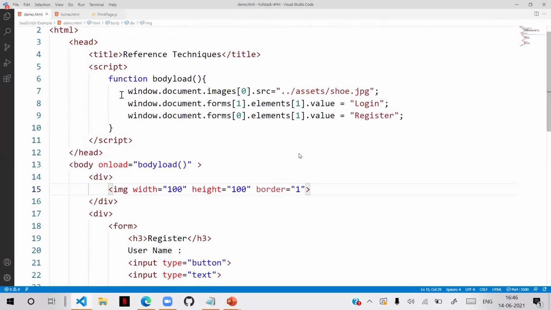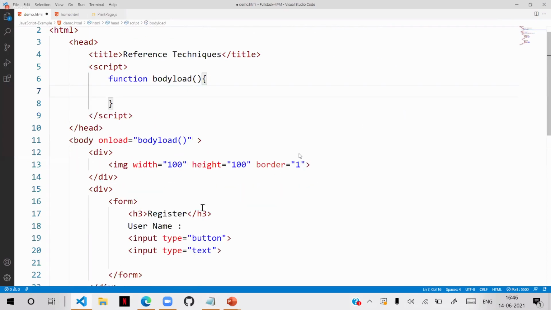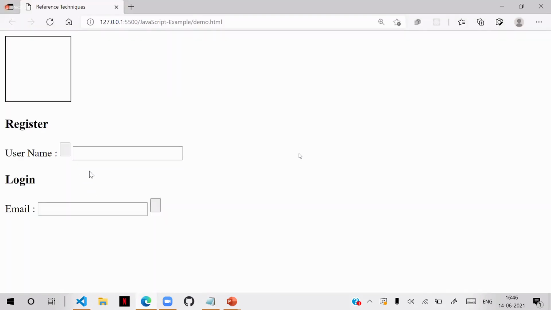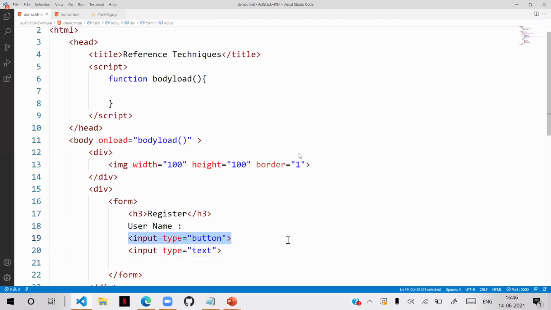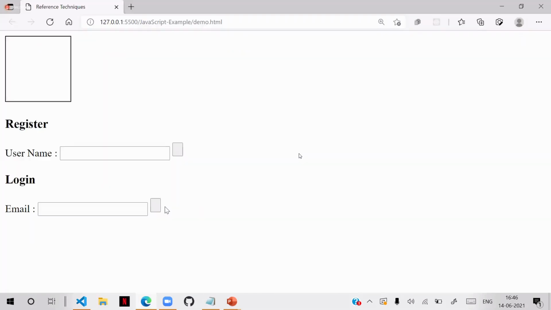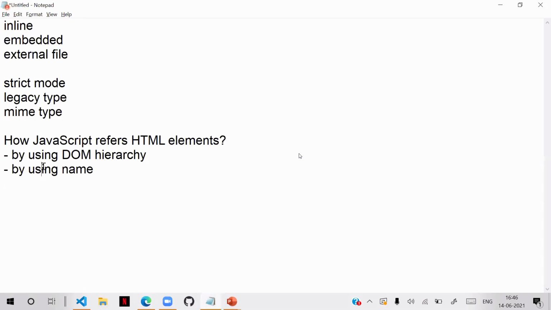That means I will remove this hierarchy. Now again, it is normal. I will shift the button here. So again, it is normal. You can refer by using name.